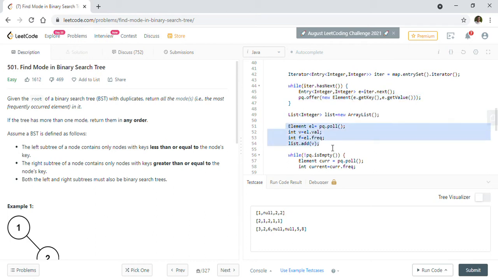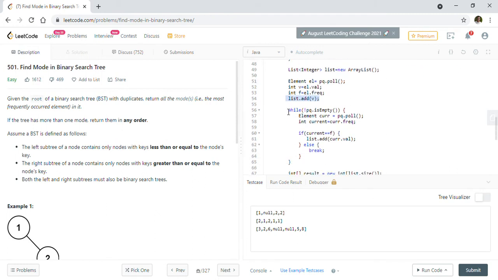So here I'm going to poll the first element from the queue, and I will be getting the most frequent element, and I will add that element into a list. In case of multiple elements with the same frequency, we have to loop through the priority queue to find all the other elements which have the same frequency as our topmost element.